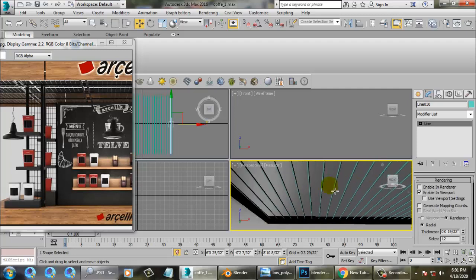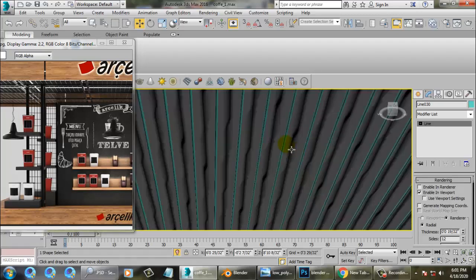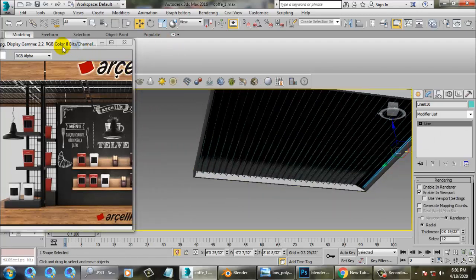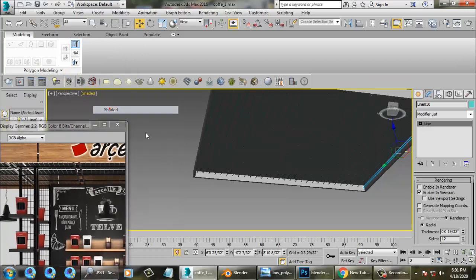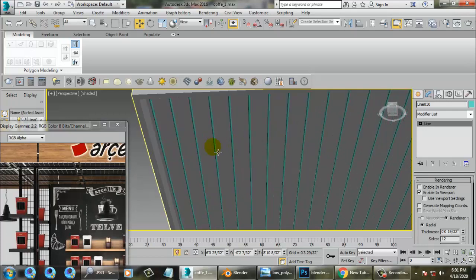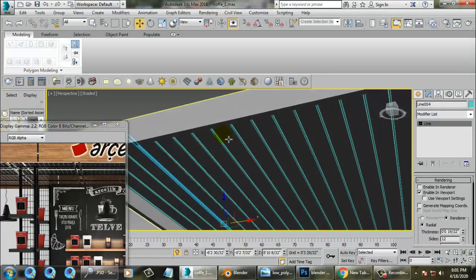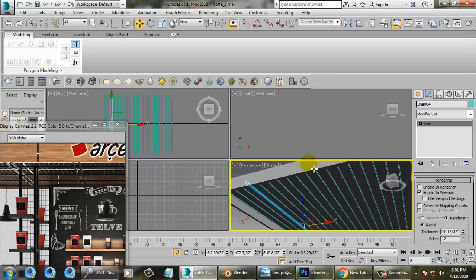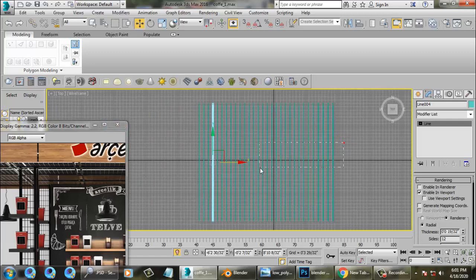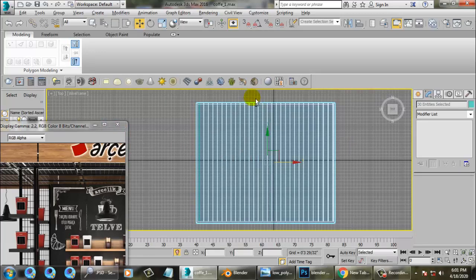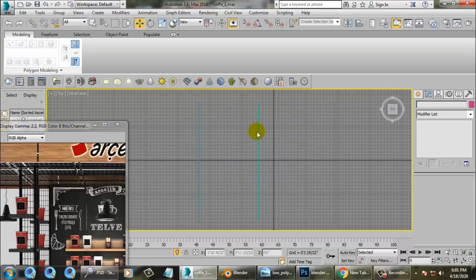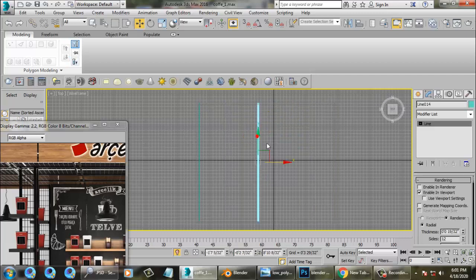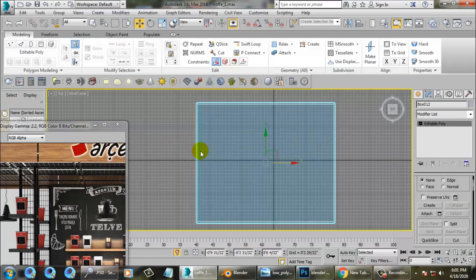After creating all these multiple copies, we can still make it thicker a bit.